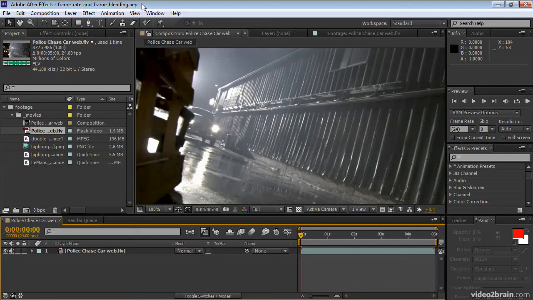A movie is made up of images played back one after the other. These images are referred to as frames, and the rate at which they're played back is the frame rate. Frame rate is almost always expressed in terms of frames per second. For example, for this footage item here, we can see at the top of the project panel that its frame